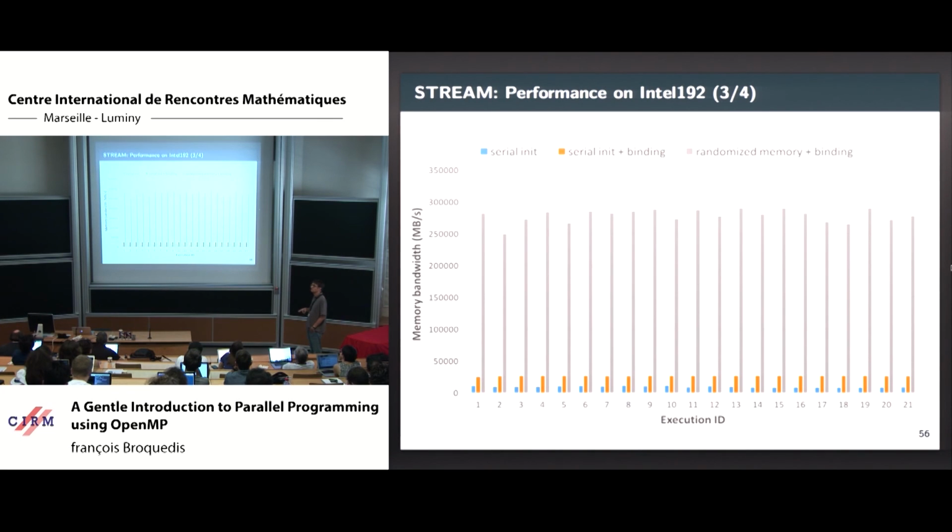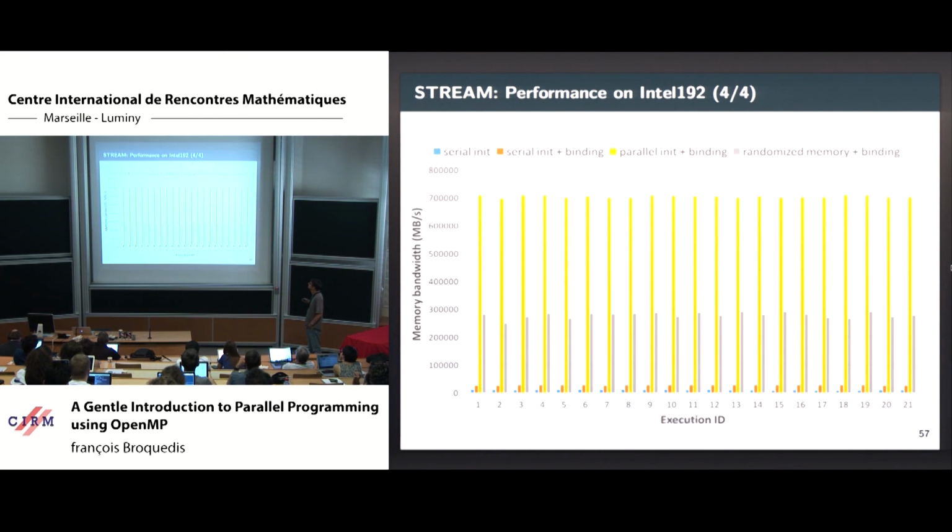Now, if you spread the memory pages on the entire machine, you are beginning to have some real performance here. Remember that this is a blind spread of the memory pages on all the machine, which makes all the threads equally bad in terms of memory accesses. It spreads out the contention. And if you do what you should do, which means a parallel initialization plus binding, you have some very stable performance, and you are at about 700,000 megabytes per second here compared to the